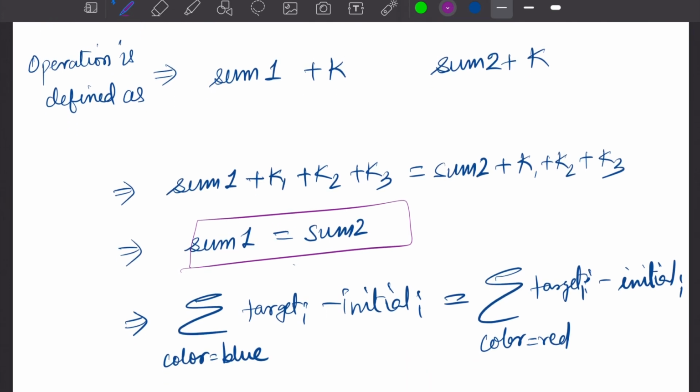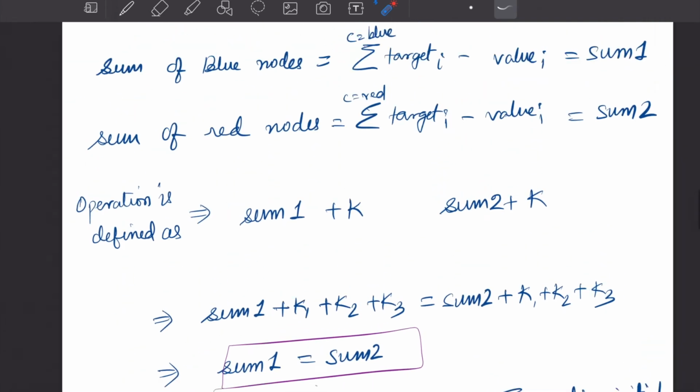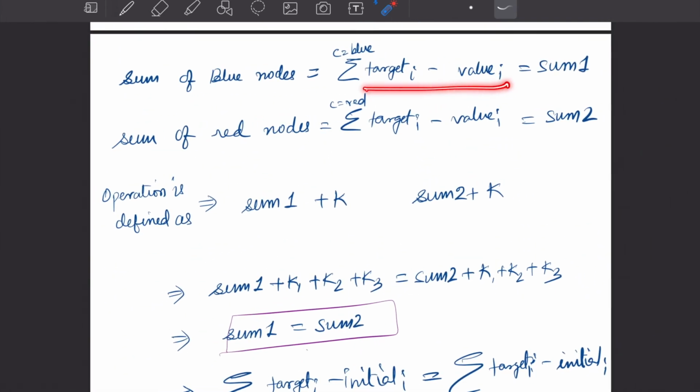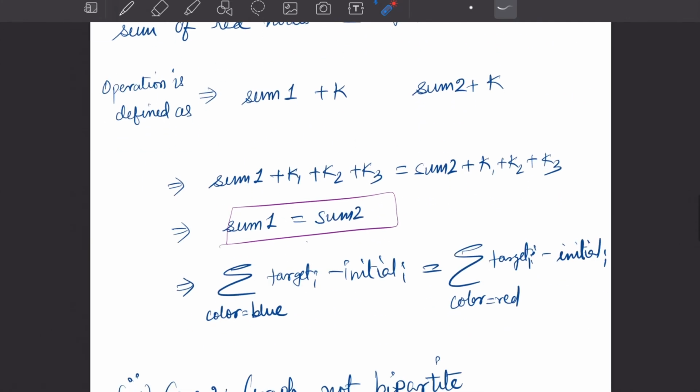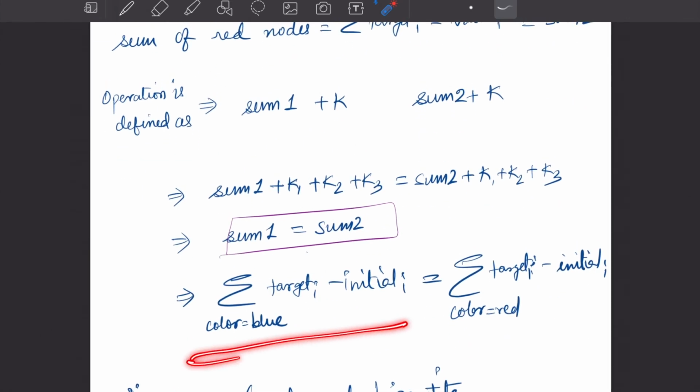So what does this essentially mean? This means that what we initially wrote, this target minus initial value for the blue nodes and the target minus initial value for the red nodes should be the same. So the target minus initial for both these sets of nodes should be the same. If that is true and the graph is bipartite, then we can say the answer is yes, else